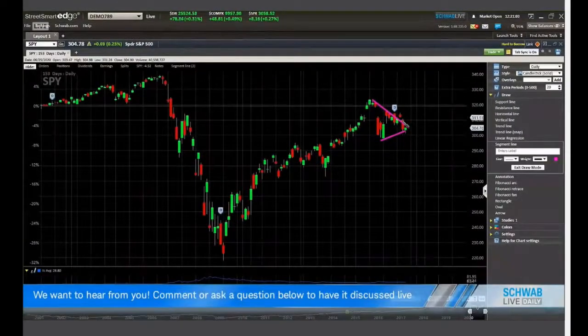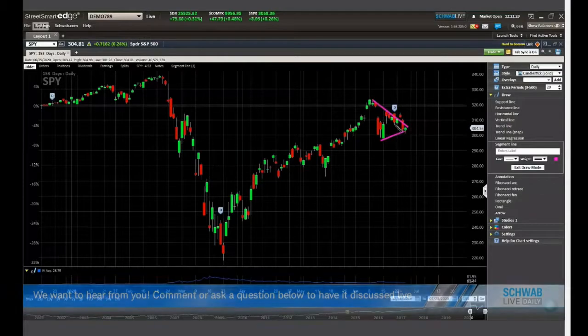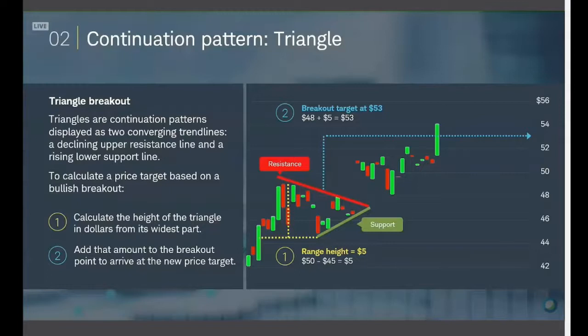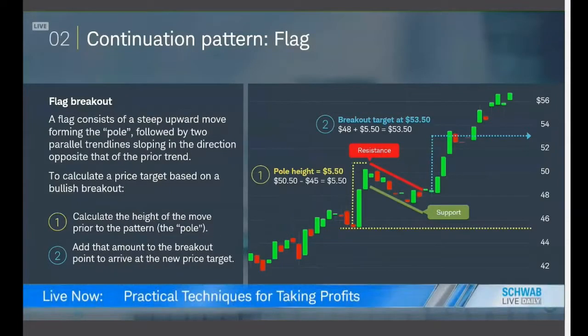but this could potentially be the formation of a continuation triangle. You notice how it's not a perfect triangle. It doesn't go down to the bottom, up to the top, down to the bottom. It's a tug of war between the buyers and the sellers. So you just want the top parts to go down and you want the bottom parts to come up. And then you've got your continuation triangle right there. Cool. Let's keep going.